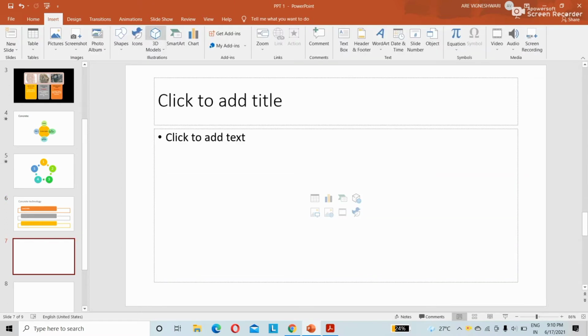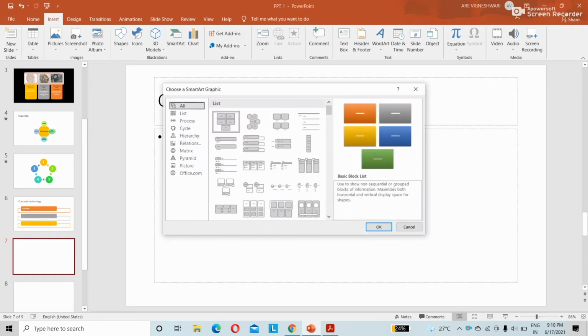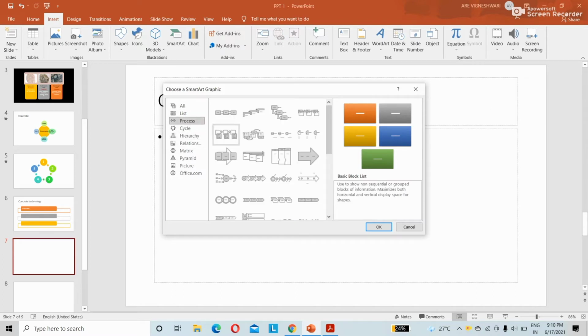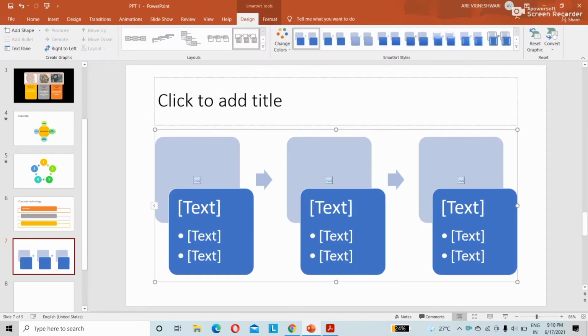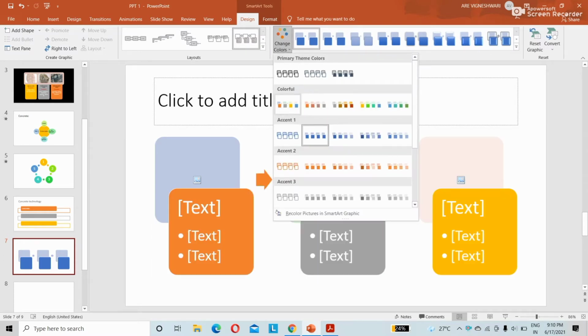Insert, SmartArt, process. I am clicking on this. You can select any of these and click next. Change colors here, click on change colors.